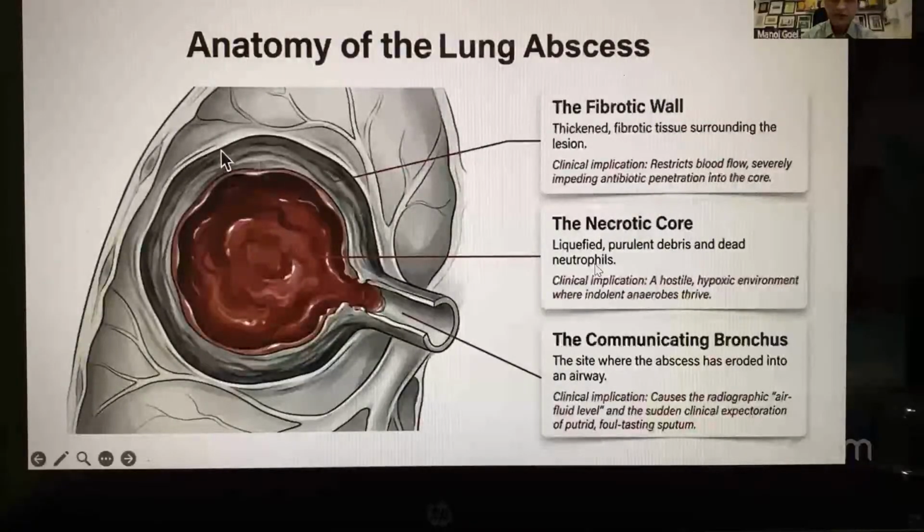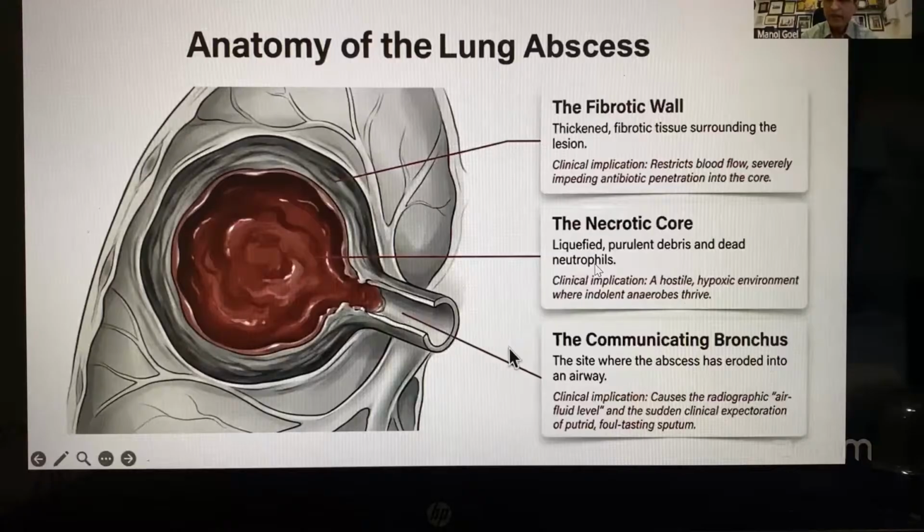This is the anatomy of the lung abscess, which has a fibrotic wall, a thickened fibrotic tissue surrounding the lesion. The clinical implication of the fibrotic wall is that it restricts the blood flow, severely impeding antibiotic penetration into the cavity, and therefore we require a prolonged duration of antimicrobial therapy in these patients. And this also has a necrotic core, which is liquefied purulent debris and dead neutrophils. The clinical implication of the necrotic core is that it provides a hostile hypoxic environment where the indolent anaerobes survive and thrive. And therefore, again, these patients would require prolonged courses of antibiotics because of the poor penetration of antibiotics in